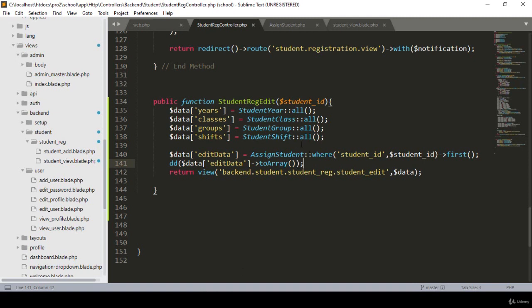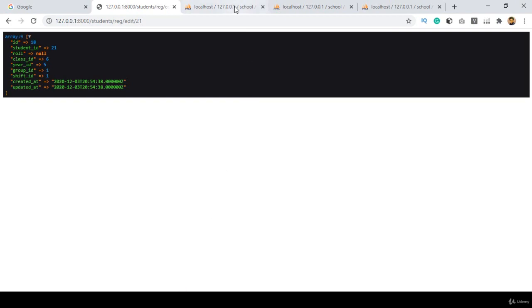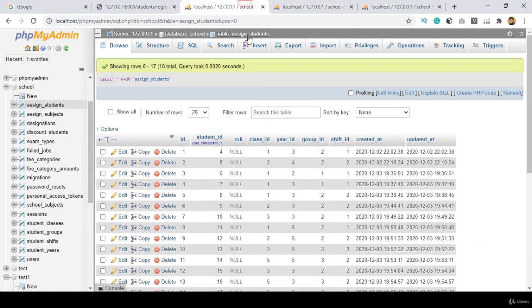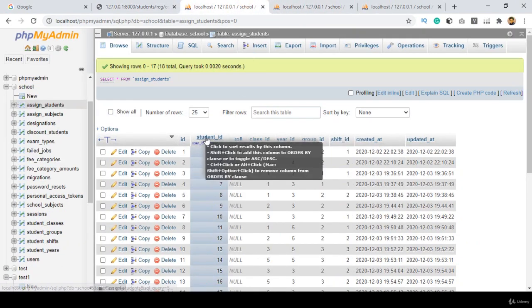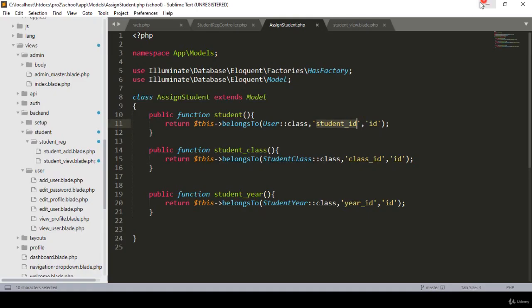So friend, here if you want to get this data, then we can actually do that work very easily with a function. So if you go to our assign student table, I have already created one relation. Maybe you can see with this student method, I have already created one relation with our user table. You can see that is our assign student table's student ID. That means this student ID is matching with our user table's ID, right? So here I have already created that relation and I name it as the student method, right? So now I copy it